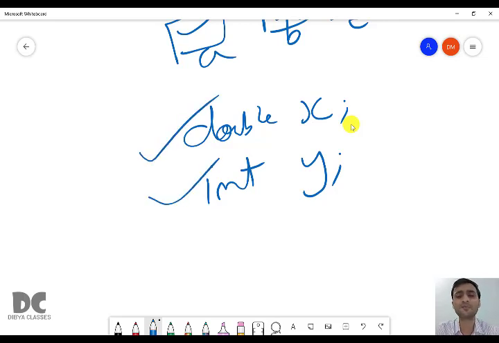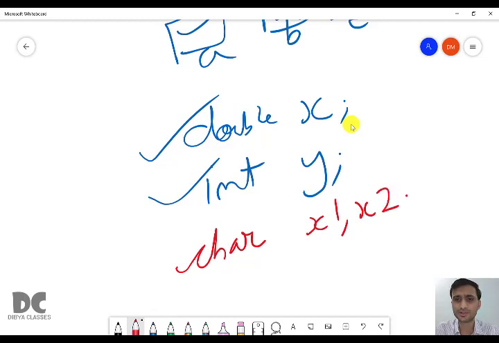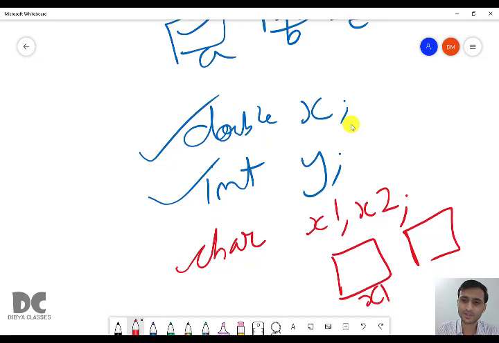But if you want to create the same type of variable, for example, in the board exam the question will come, create 2 character variables. Then you have to write char. Char is the data type. It will tell that the variable will hold single character values, followed by the variable name. Let it be x1, comma x2. So when you write like this, it will create 2 variables of name x1, x2, both of single character type of size 2 bytes. Clear?